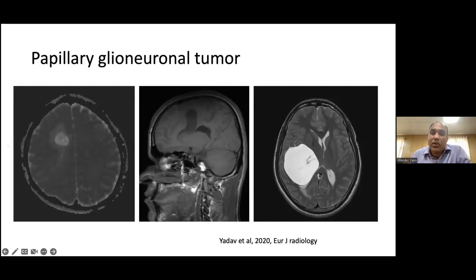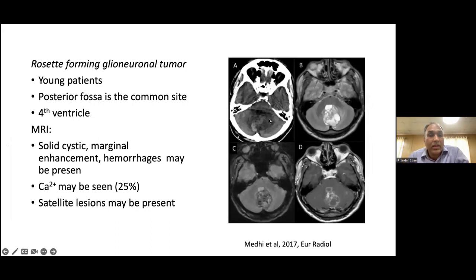So, periventricular location, cystic lesion with thin strands inside it, not showing much enhancement, not much edema around it. Think about this PGNT, which is a papillary glioneuronal tumor. Similarly, if you see a solid cystic lesion in the posterior fossa, which doesn't fit into the other tumors of